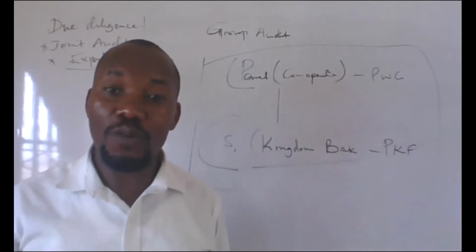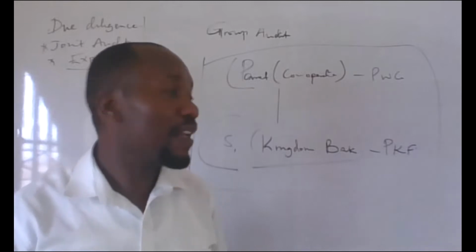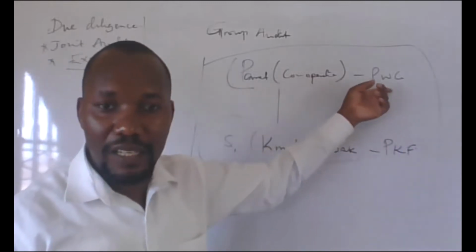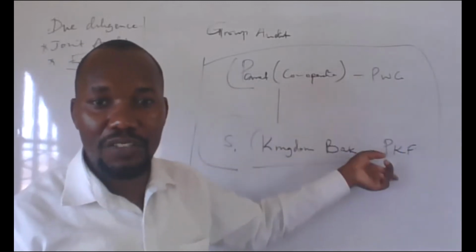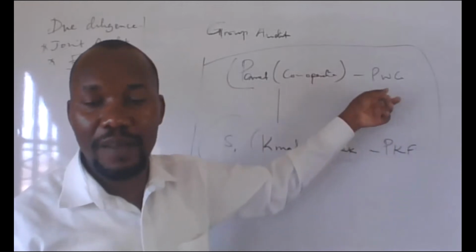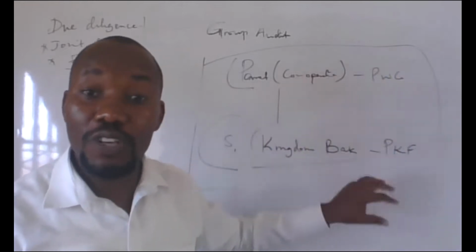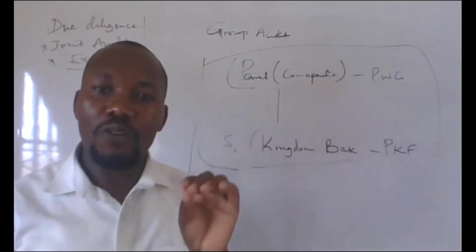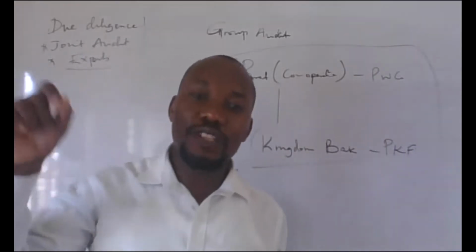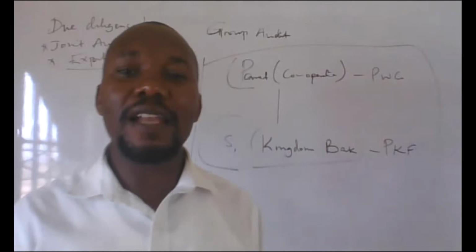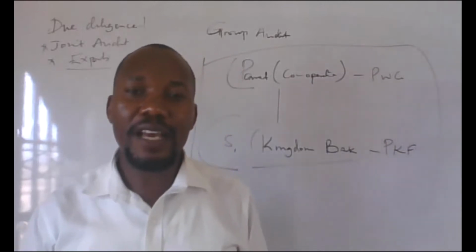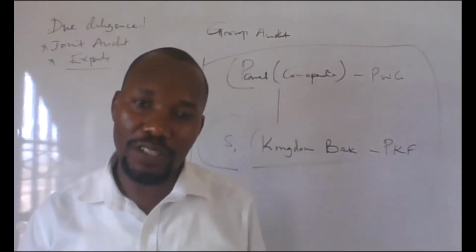Then we have another situation where we have two audit firms, like now this one. One is auditing branch or subsidiary, another one is auditing the parent. Now, that one also you need to know the challenges. But now, the advantages of joint audit, they might ask, especially under intermediate level, they might ask you, what are the benefits when you are doing joint audit?